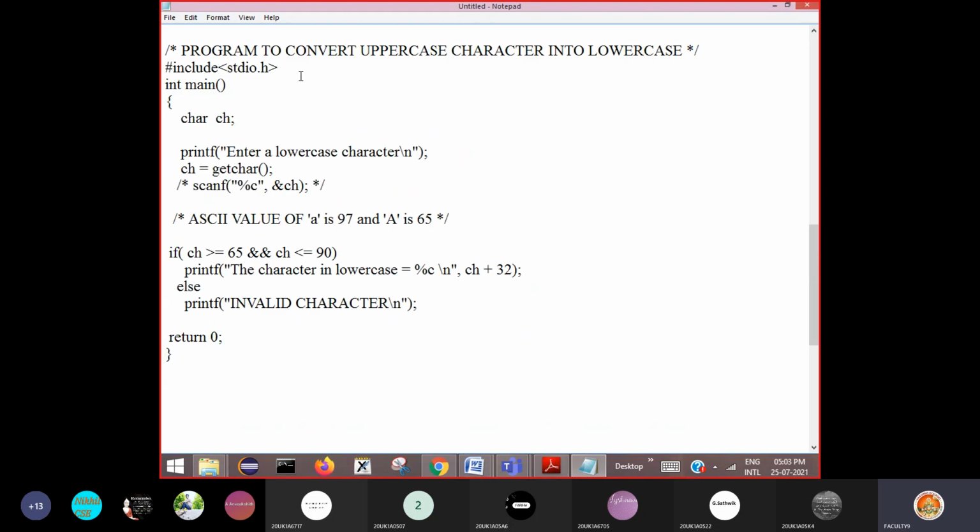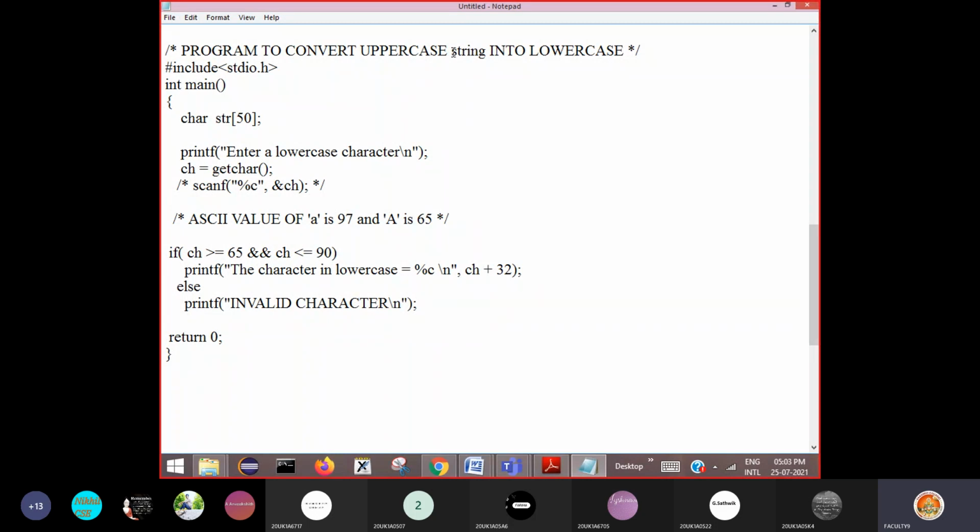Now, program to convert an uppercase string into a lowercase string. Here we need to declare a character array to store the string. So str of size say 50 you declare.